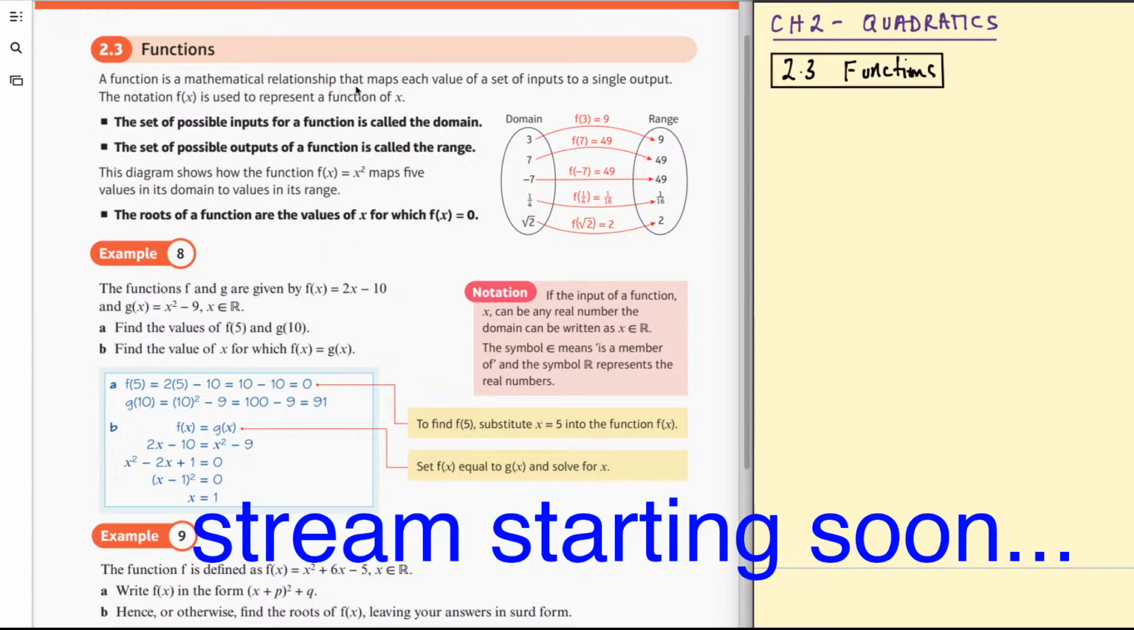It says a function is a mathematical relationship that maps each value of a set of inputs to a single output. The notation f of x is used to represent a function of x. So just before we get into it, a question that you might have, you are introduced to functions in GCSEs. So a question you might have that may have gone unanswered is why do we introduce this new notation f